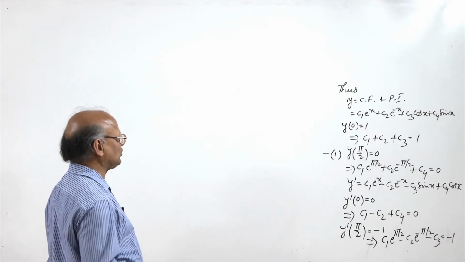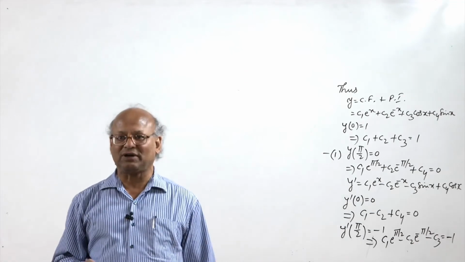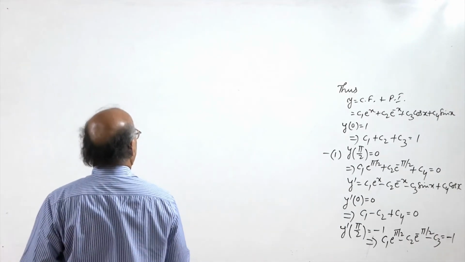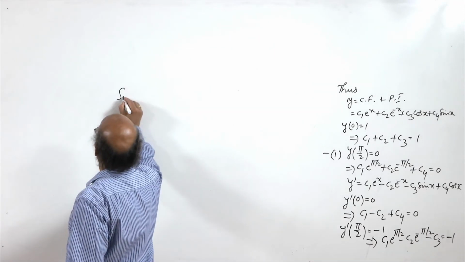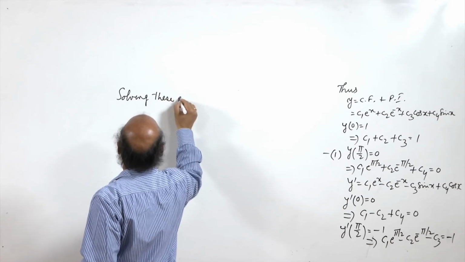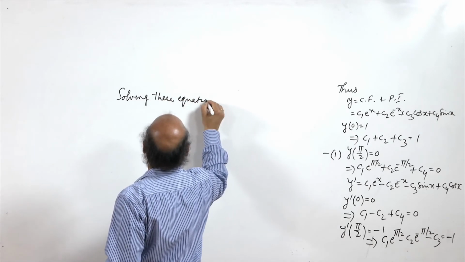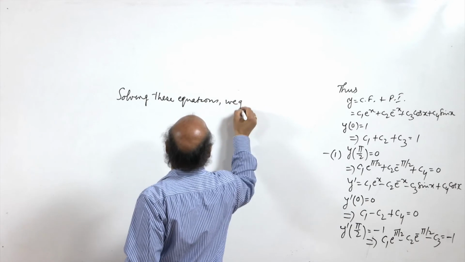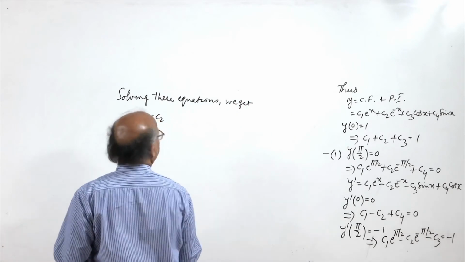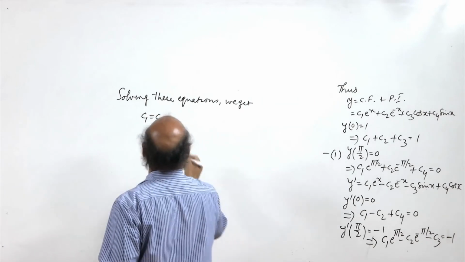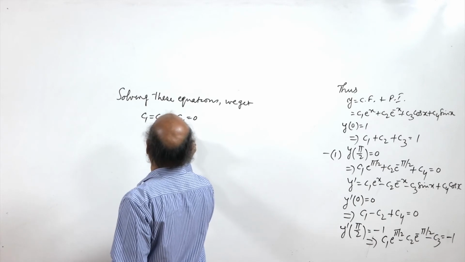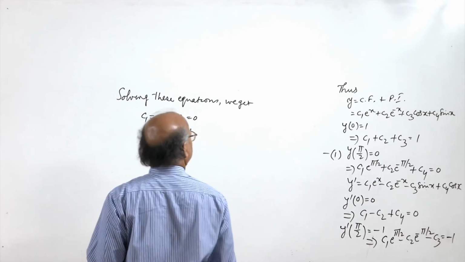From these four equations it is not difficult to find the values, and solving these equations we get c1 equal to c2 equal to c4 equal to 0 and c3 equal to 1,